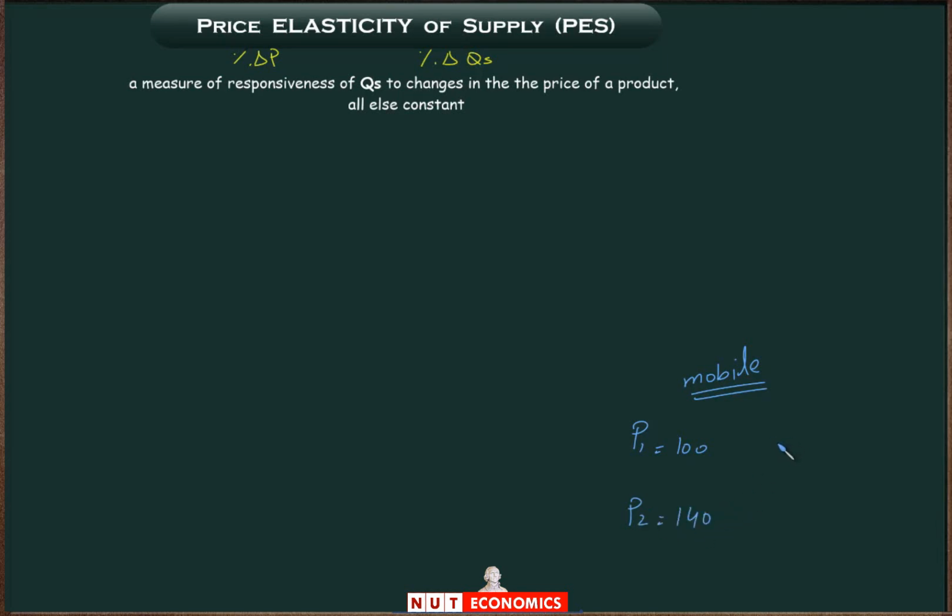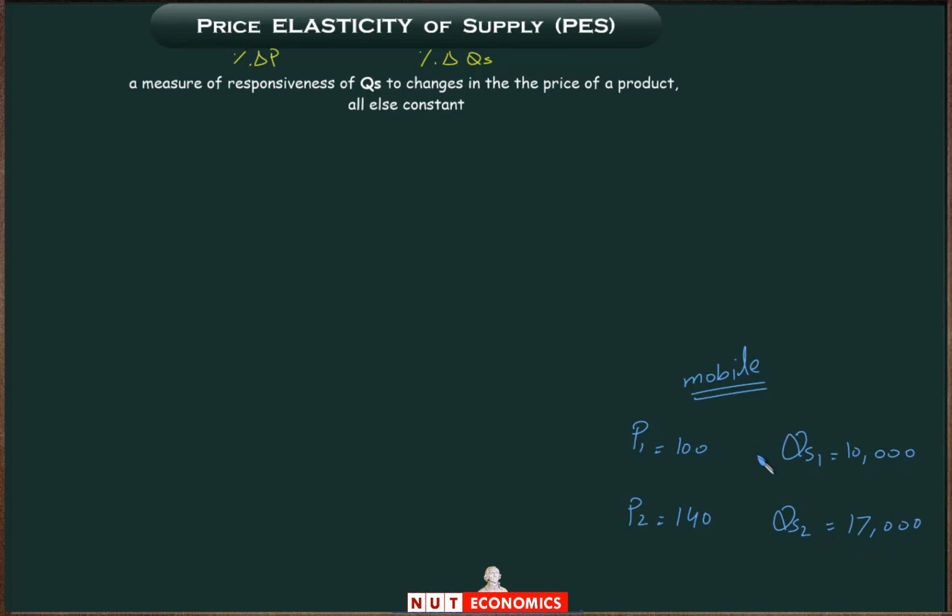Now this time we are talking about the producers, so we are going to focus on the quantity supplied of the product, and let's assume initially it's the same 10,000 units. Now since price has increased, the law of supply, remember, tells us the quantity supplied will increase. So let's choose any number which is bigger than 10,000. So let's assume quantity supplied increases to 17,000.